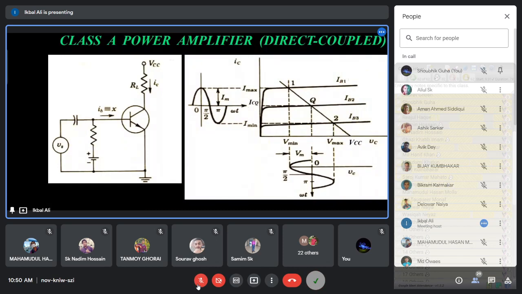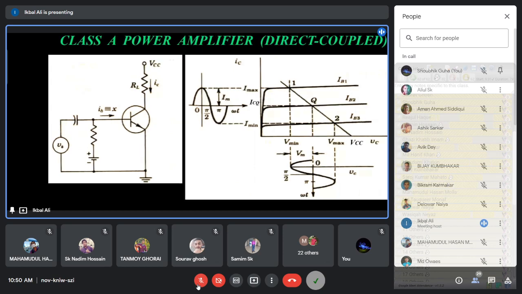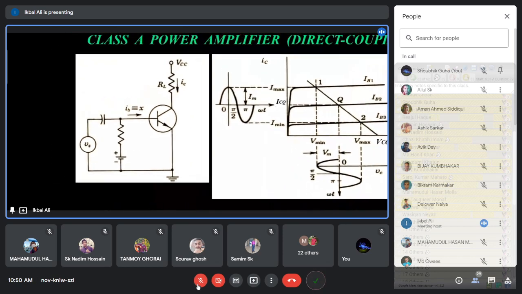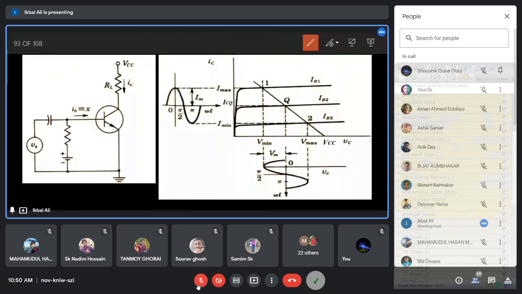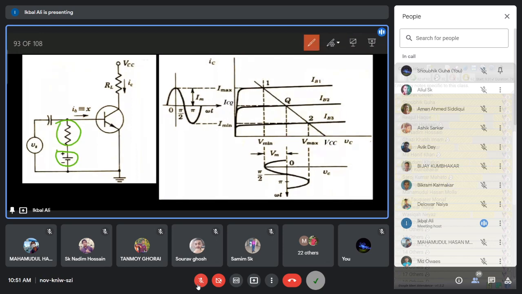থেভেনিন থিওরেম জানো তো? আচ্ছা ঠিক। ওই সেলফ বায়াসের ক্লাসটাতে দেখো, থেভেনিন থিওরেম অ্যাপ্লাই করে এই ইকুইভ্যালেন্ট সার্কিটটা পেয়েছিলাম, যাতে করে সার্কিটের অ্যানালিসিসটা সিম্পল হয়। বুঝতে পেরেছো? হ্যাঁ, থেভেনিন ব্যাটারি আর থেভেনিন রেজিস্ট্যান্স, তাহলে ওই কমপ্লিকেটেড সার্কিটটা একটা ব্যাটারির সঙ্গে সিরিজে একটা রেজিস্ট্যান্স হবে। এই তো থেভেনিন ইকুইভ্যালেন্ট সার্কিট। একটা কমপ্লিকেটেড সার্কিটকে খুব সিম্পলি একটা ব্যাটারি আর সিরিজে একটা রেজিস্ট্যান্স দিয়ে করা যায়,